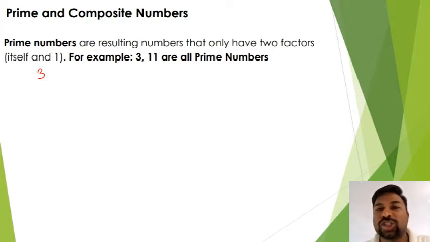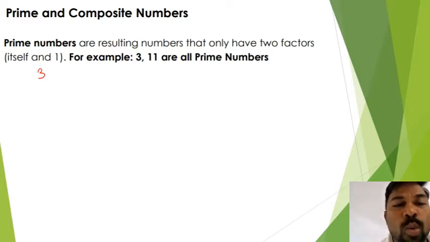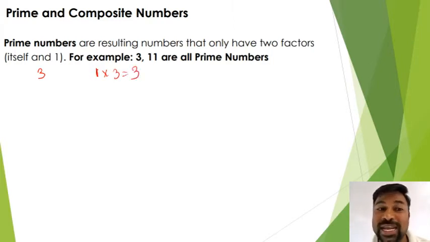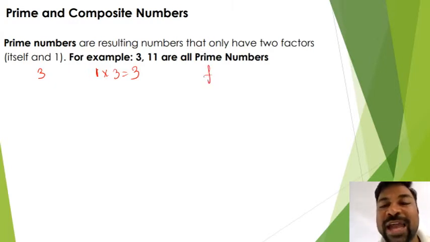Simple: in which multiplication table does the number 3 exist? That's what the factors are. Can we say 1 into 3 equals 3? Yes, so we are finding the number 3 in the multiplication table of 1. Therefore, I can say the factors of 3